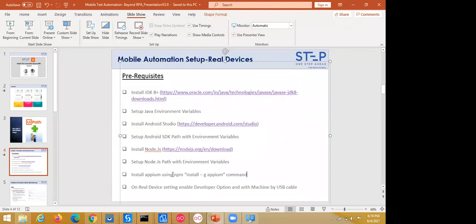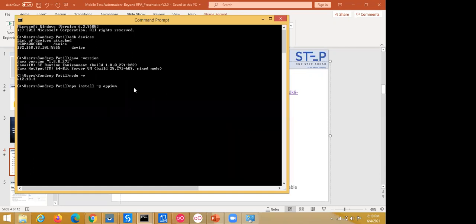This command we have already mentioned here, right? So -g and press enter. Then the npm installation starts automatically. Once the npm installation is done, we need to check whether npm is properly running or not. So we need to enter the command appium and press enter.